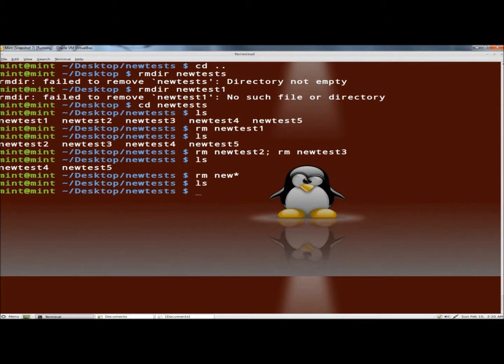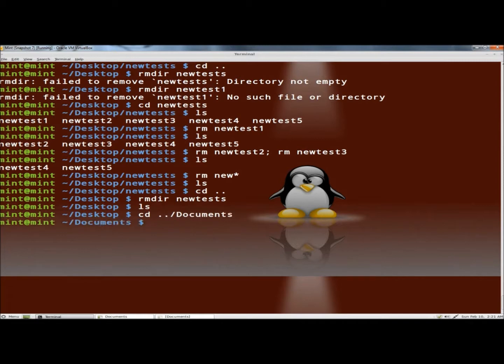And now I'm going to move out of the new test directory, so it's cd period, and now I'm going to remove the new test directory, so rmdir for remove directory, new test, and hit enter. Now if I type ls, there's no more directory on the desktop, so I'm going to move into documents. I'm going to type cd period / documents and hit enter. Type ls,